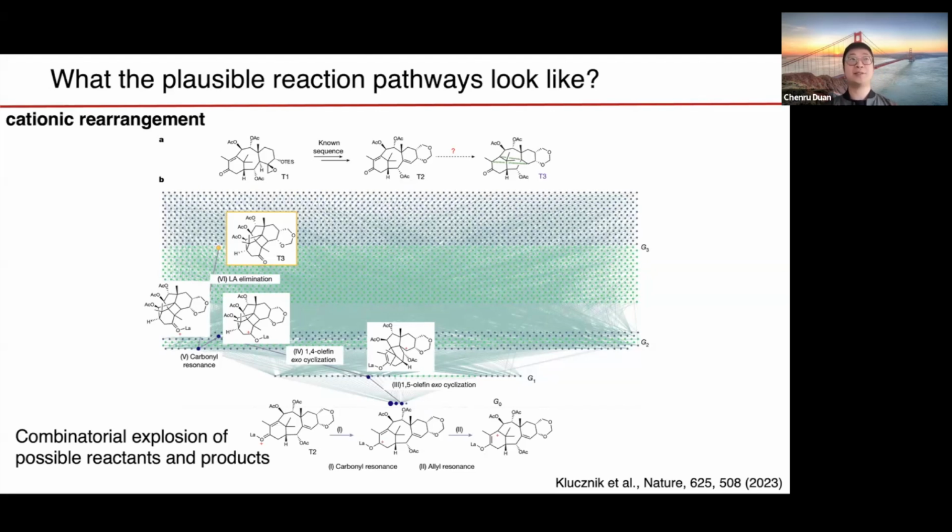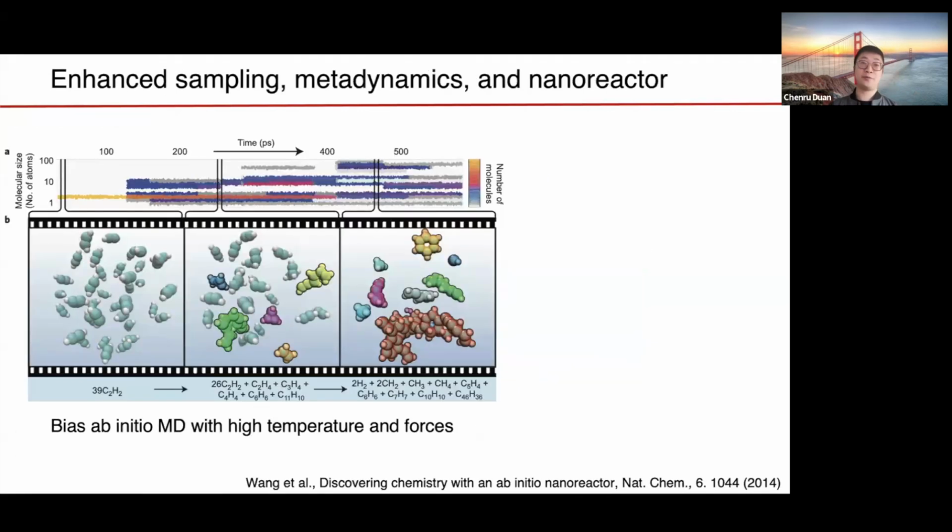because whenever we get to a step deeper in the reaction network, all the products from the current layer and those in the previous layer can possibly become the reactants for the next steps of reaction. And this makes this problem so complicated and difficult. So computationally, people usually use three different types of ideas, or they are kind of interconnected, which are enhanced sampling, metadynamics, and the one that combines them all together, what we call the nanoreactor, to build the